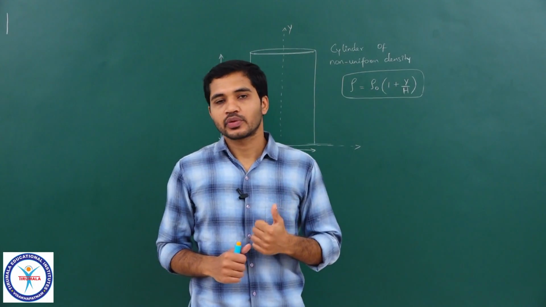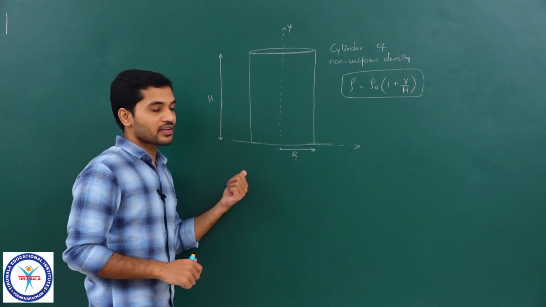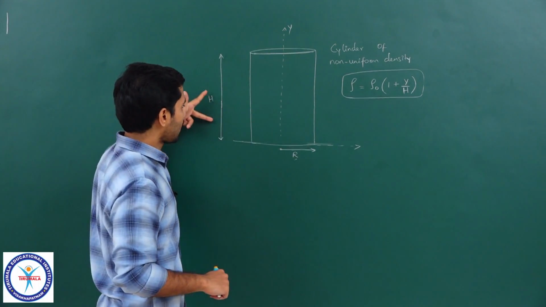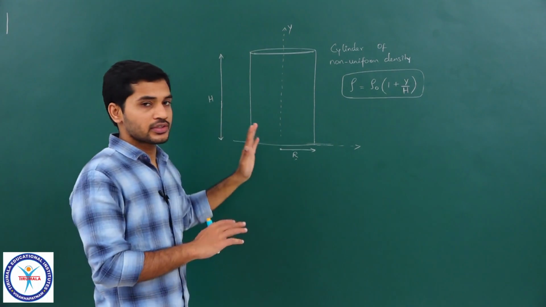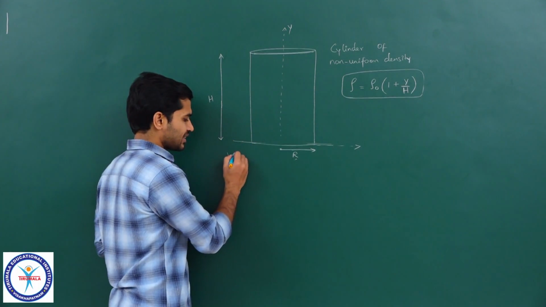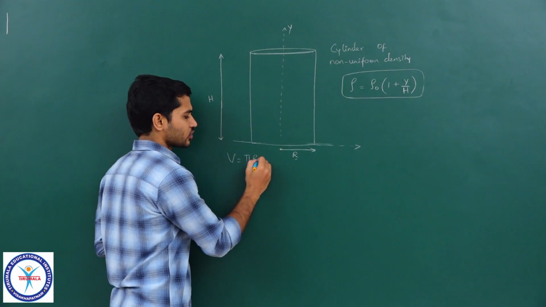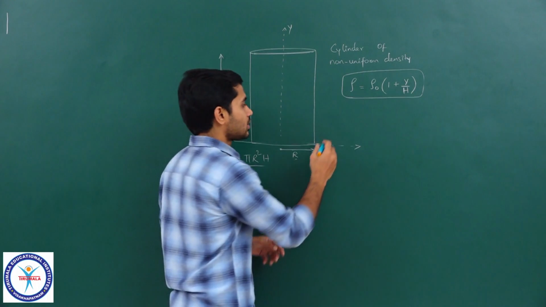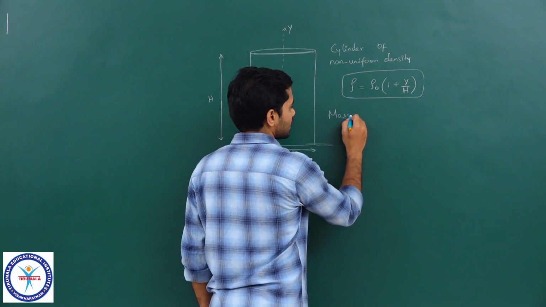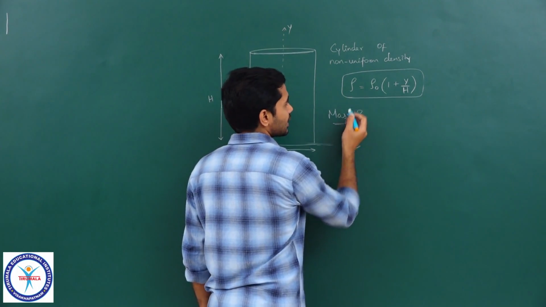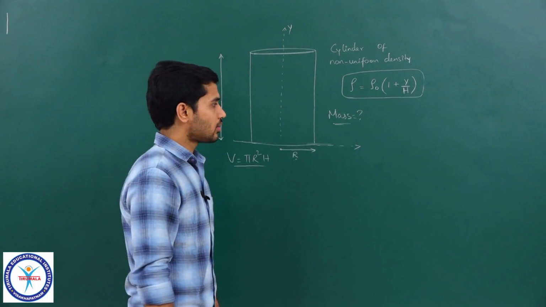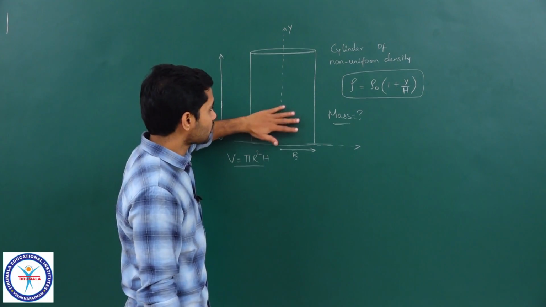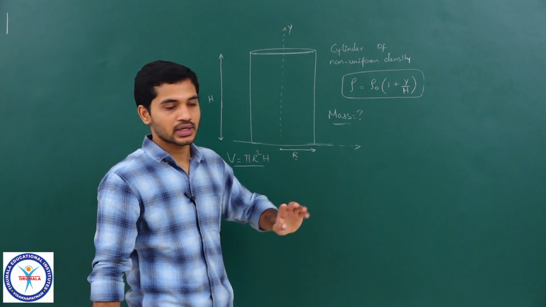So students, let us see this question now. So here they have given us a cylinder of radius r and height h, and in this case we are not going to find the volume, that is something which we already know, volume is pi r square h, correct. So we need to find the mass of this cylinder, right. So that is what we need to calculate, and for doing that they have given us the density. But if you look carefully, the density is not a constant here. So the density of this cylinder is not same everywhere, correct.